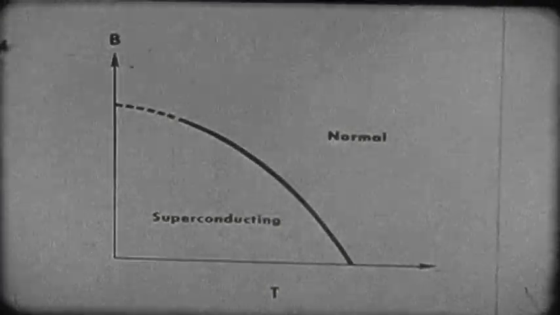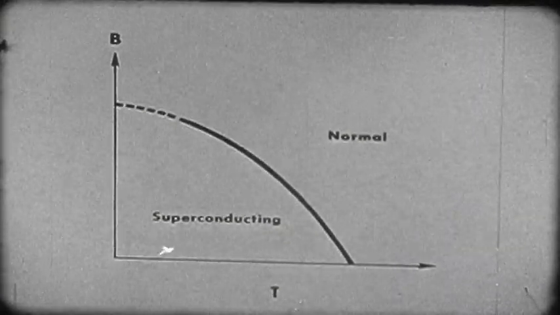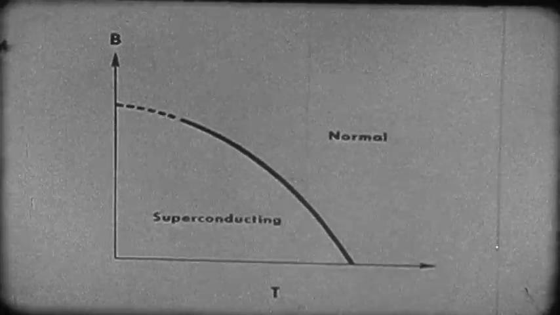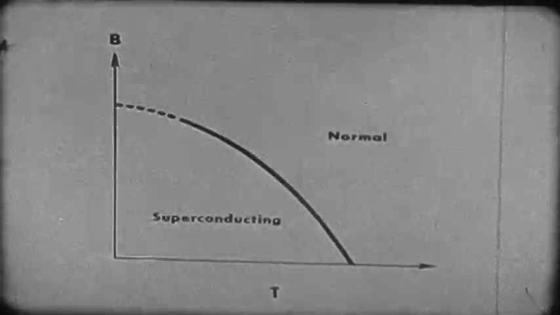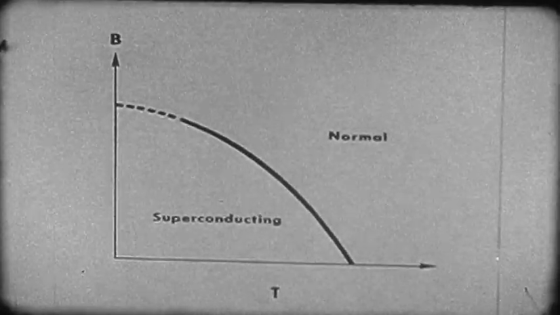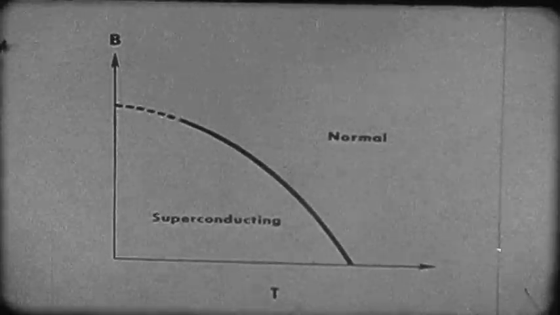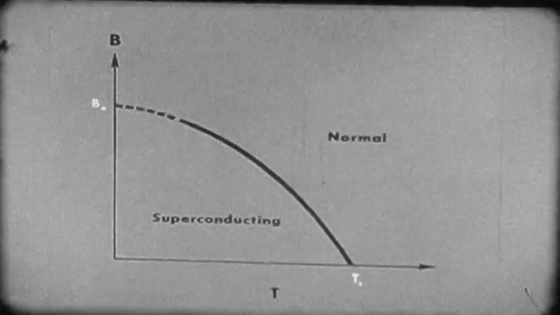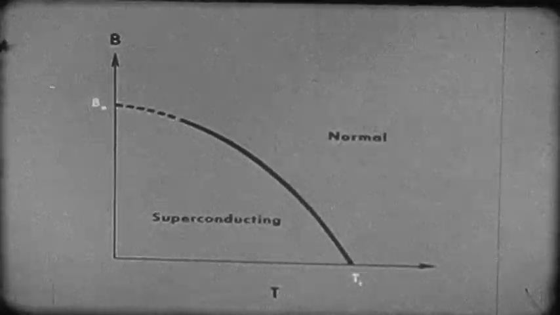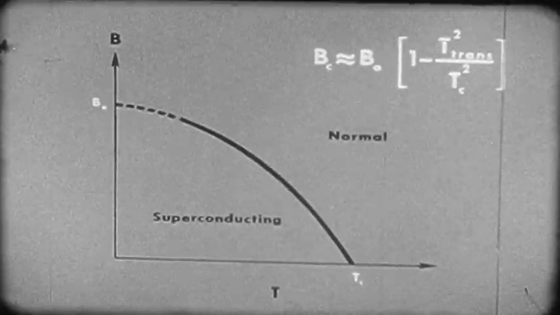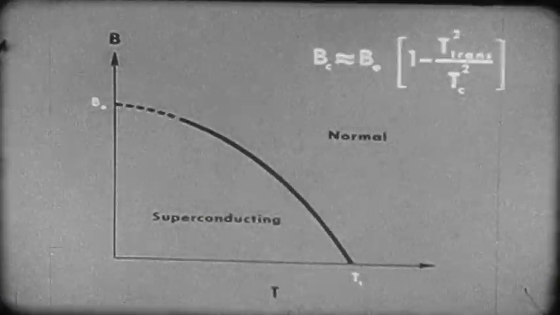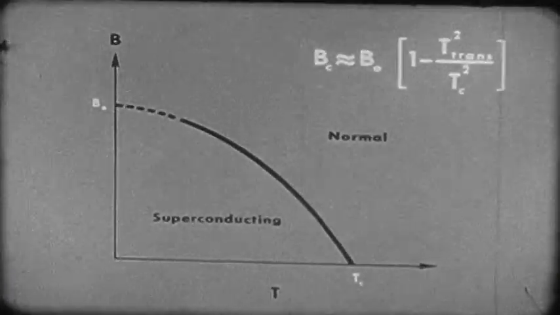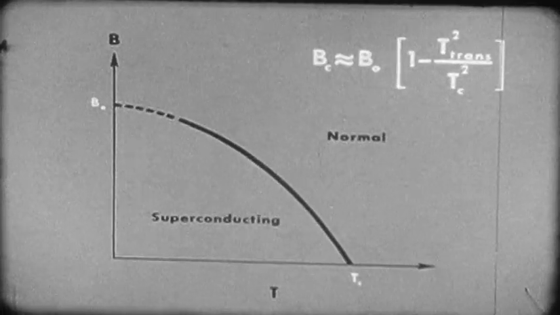All superconductors show this type of behavior in magnetic fields. The value of the transition temperature will vary from one material to another. There is a maximum critical field B0 for every superconducting material. At fields whose values lie above B0, superconductivity cannot exist. Below B0, the value of the field strongly affects the transition temperature.